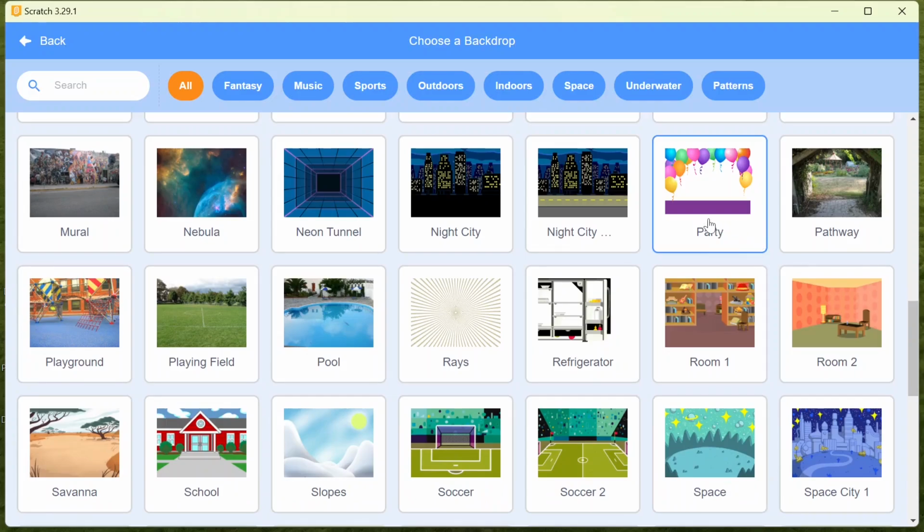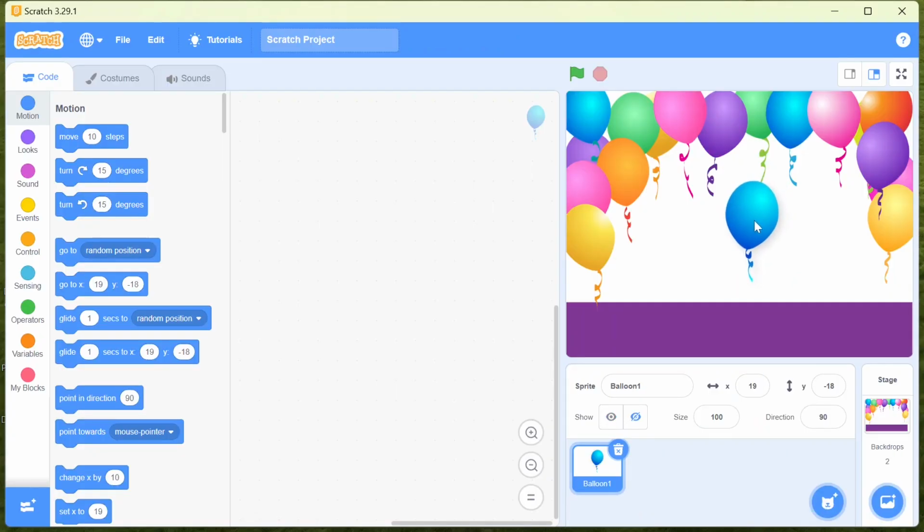Suppose I want to choose this party one. I just click on that and you can see the background has come over here. Now you can choose any background over here, and as per your demand you can change it. You can even download it from your system or internet, or you can also customize it as per your demand. You can change the color of your backdrop as well.